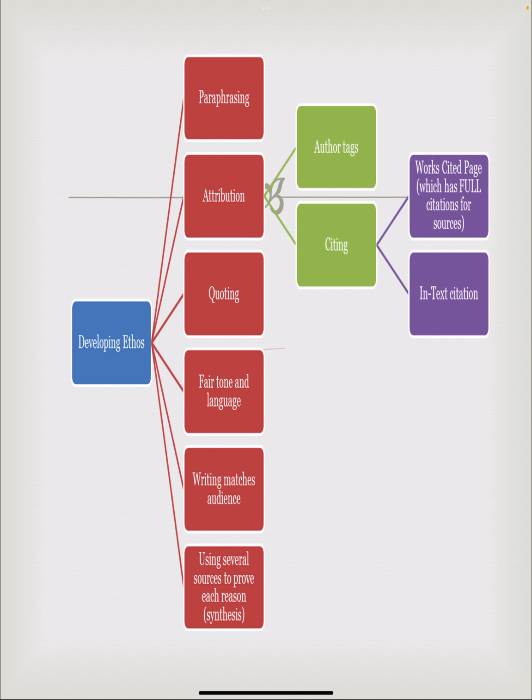So there's a lot of ways to develop ethos, right? Using several sources, making sure the audience is the appropriate audience for your argument, using a fair tone, not showing bias. And then up here we have paraphrasing, quoting, and attribution. Attribution being the use of author tags and citations, and those citations linking to the works cited page and involving in-text citations, meaning in the actual body of the